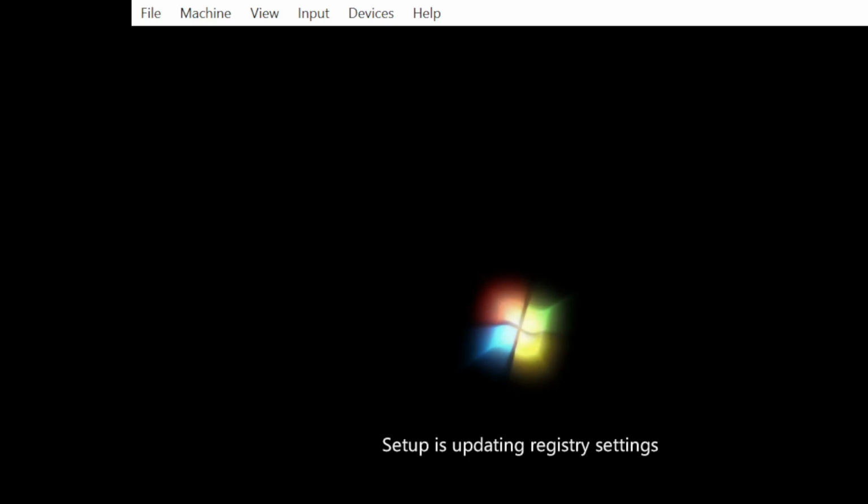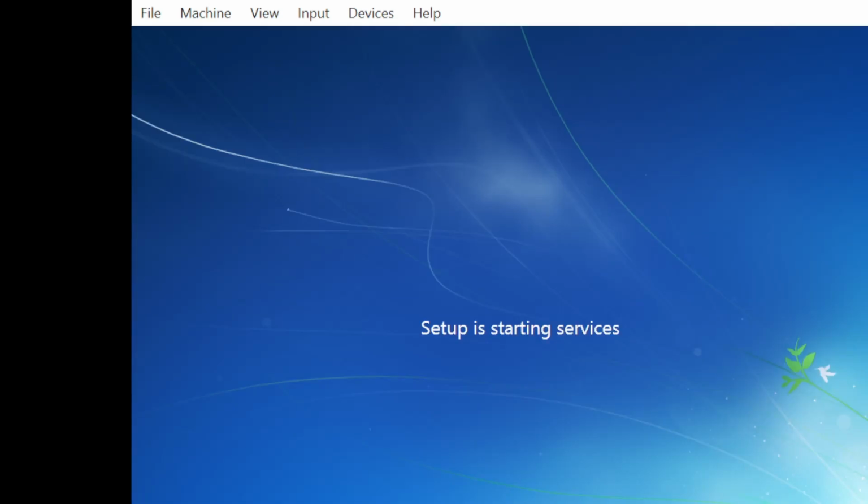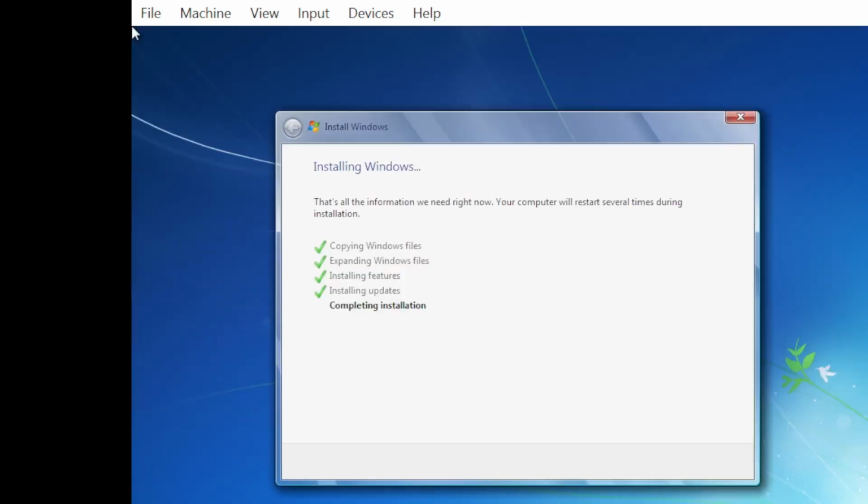Now the registry keys are updating. Now we are in the process of completing the installation.